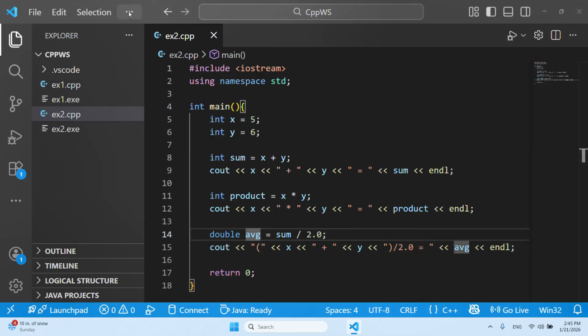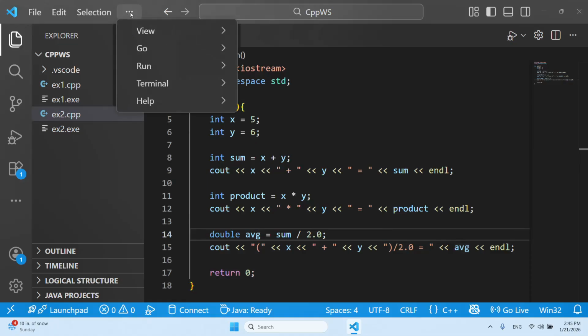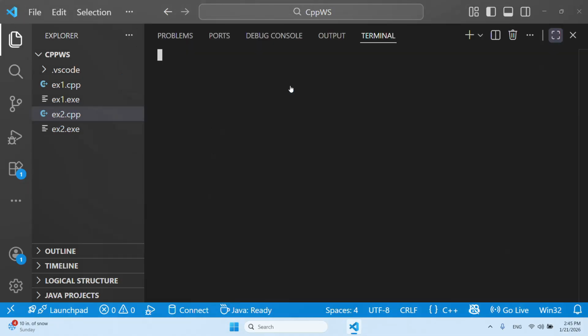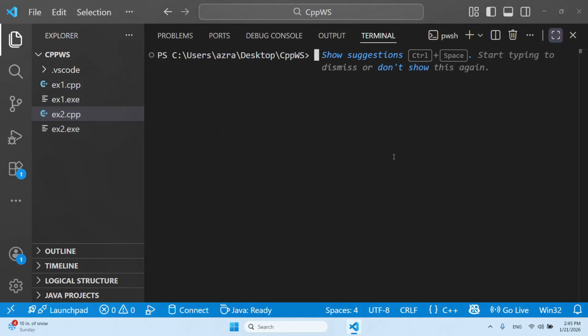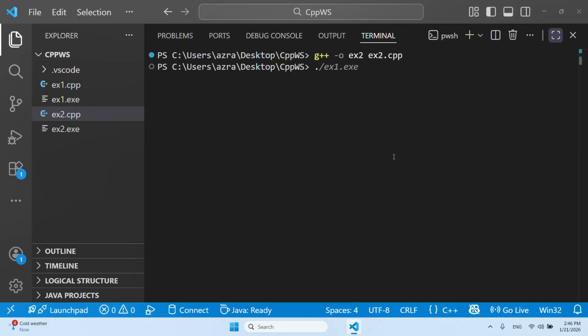In the upper menu, there's this three dots. You press in there, and then there's the terminal. So you say new terminal. That opens up a new terminal. We could also compile our program directly from the command line by saying ex2. But remember, the name of the file was ex2.cpp. So I could compile it directly from the command line and then run it like this. All right, and you can see the same output getting displayed inside this terminal.